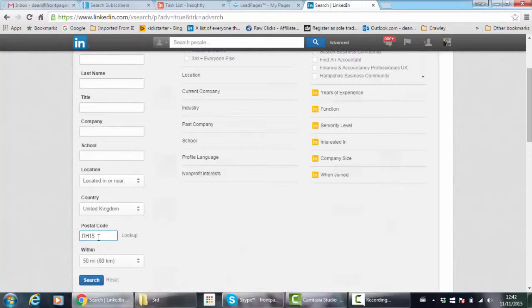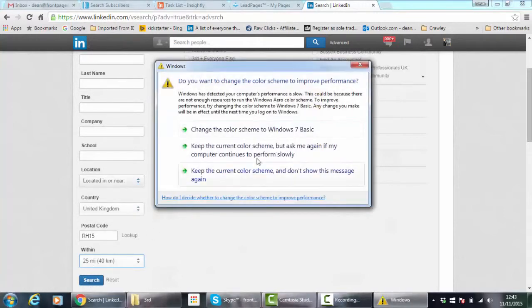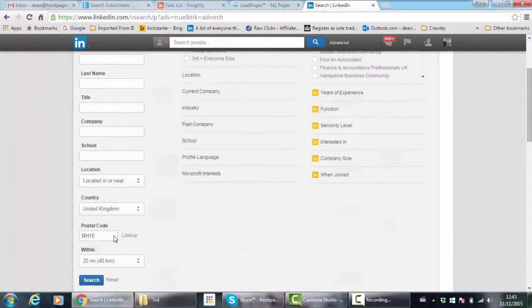So if you put the first part of your postcode into the search, it will let you select people within a certain range. Well, I'm going to say that I'm quite lazy and I only want to make contact with people who are within 25 miles, i.e. driving distance. So if we click on search here,